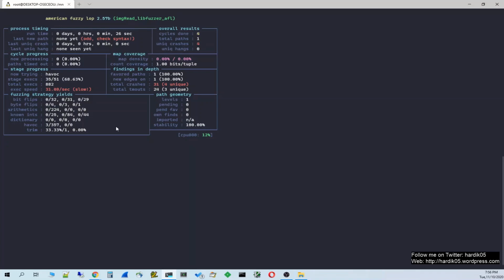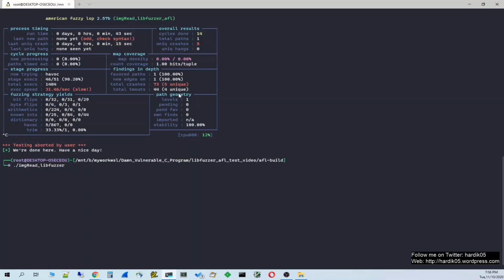And you can see that the speed we are getting is kind of slow over here. It is around 35 to 40 executions per second, but that may be because of my system. You might get more speed. And you can see that we have 5 unique crashes as of now. So I'm going to stop it now, and let's simply replicate one crash over here.